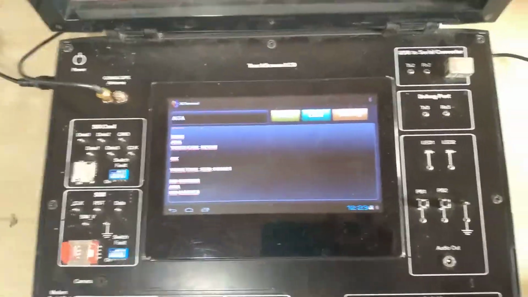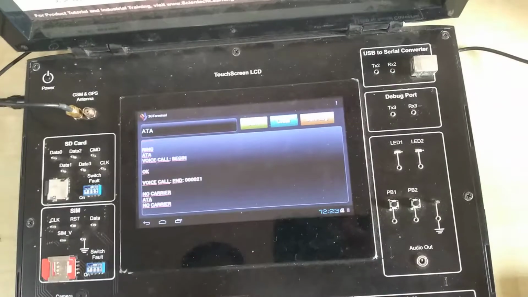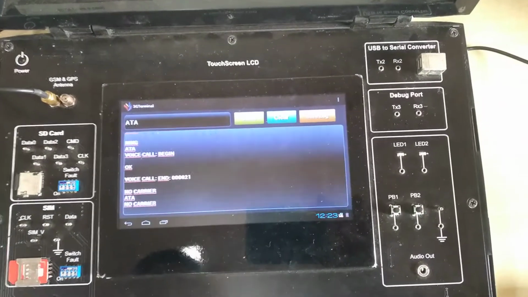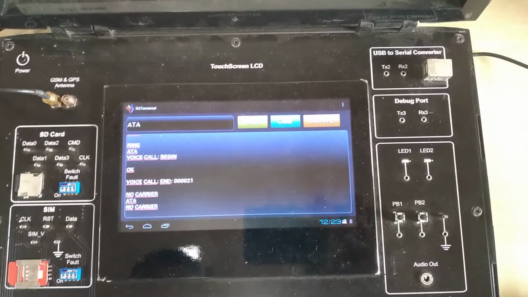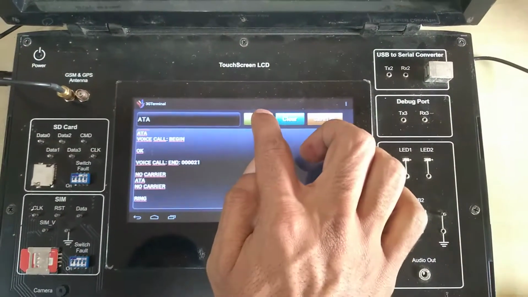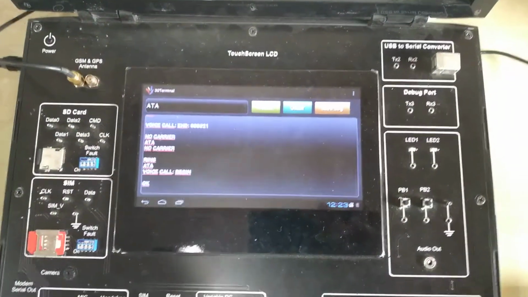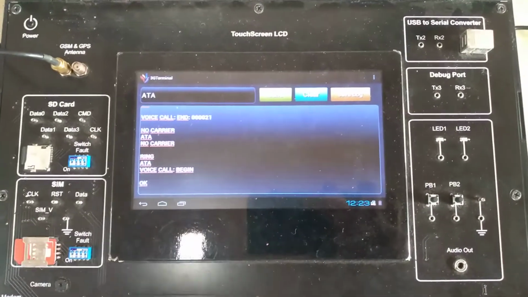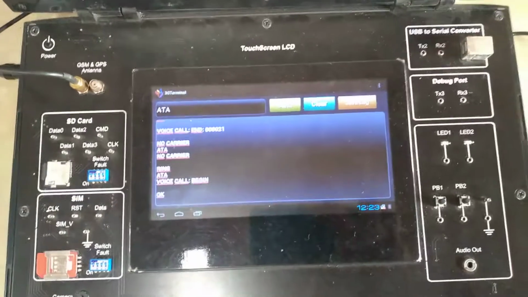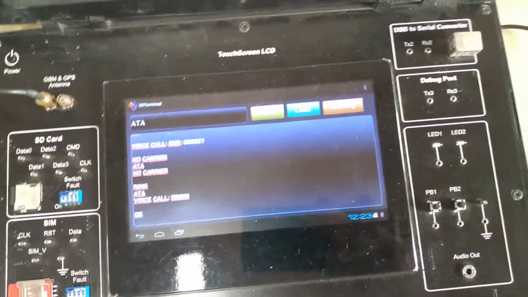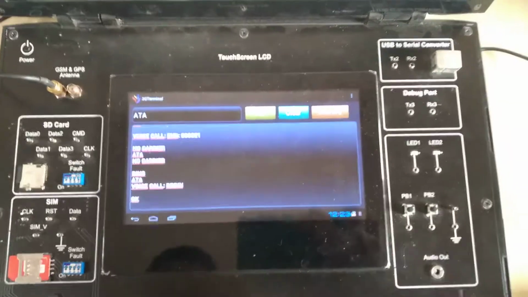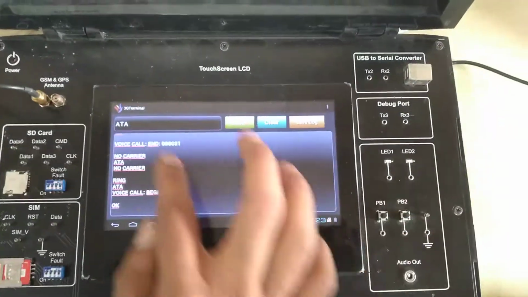Once I dial this number again, you can answer it by ATA. So the voice call is beginning. This is the call beginning process. If you want to disconnect from here by AT command, first we need to configure the disconnect command.